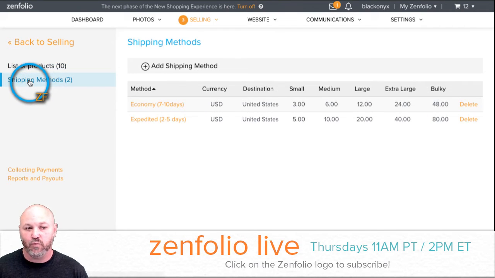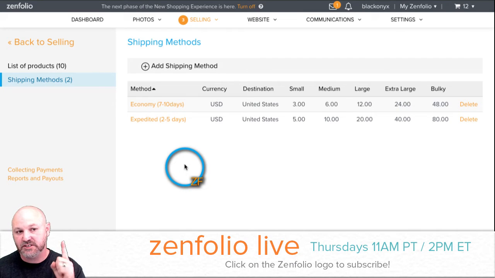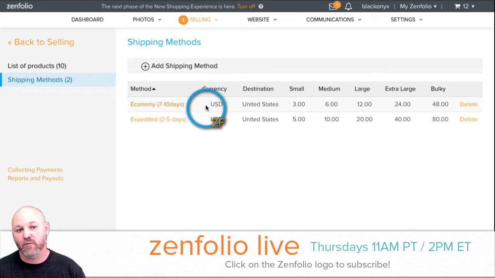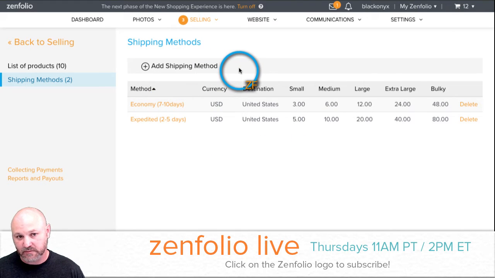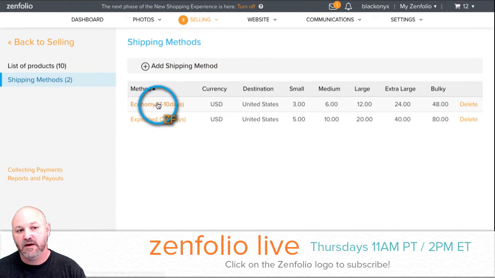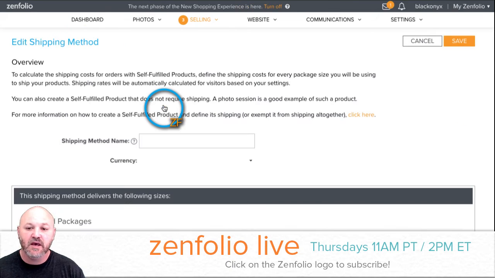And if you want it to be one standard flat rate, no matter what the size of the product is, basically you're just going to offer one shipping method. So you wouldn't want to have these two methods set up. You'd only want to create one. So I'm just going to show you really quick. Just pretend like this second one doesn't exist, and then we would just go here to economy,